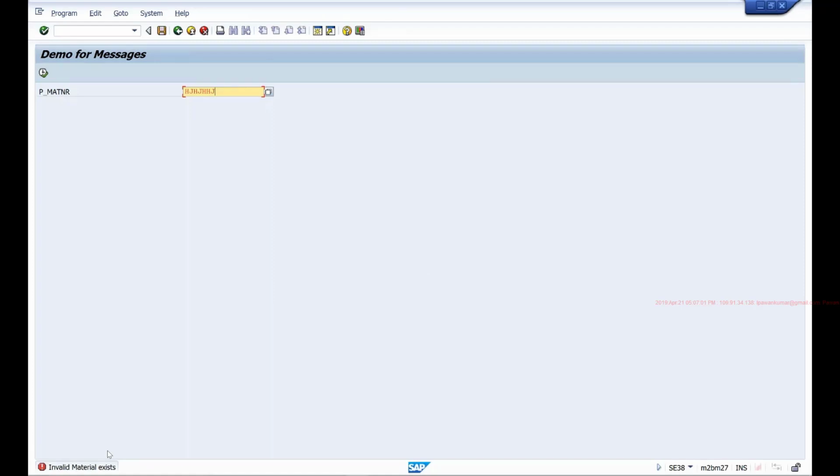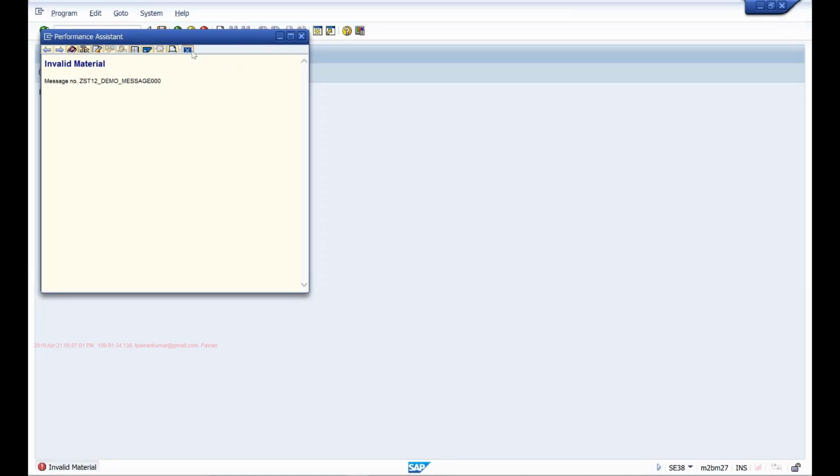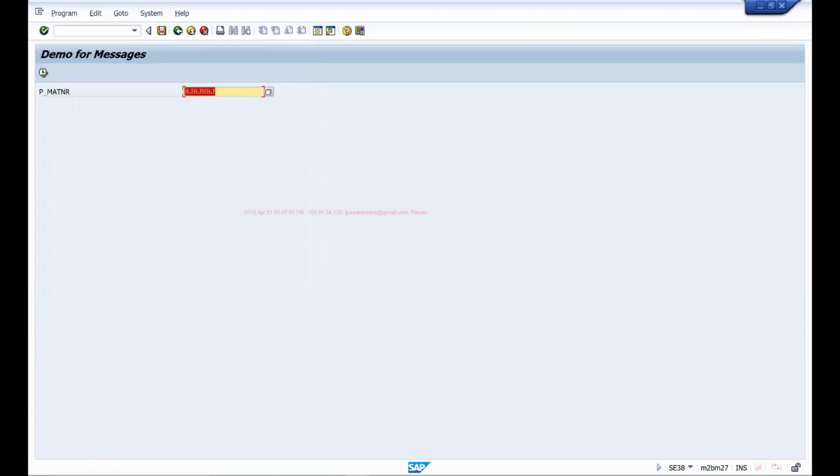Okay, so it's very easy. Just do some research, search online if you want how to show dynamic messages and how to provide more information when the user double clicks on the message. Okay, so figure out these two things about messages, and I'll be again adding another session where I'll provide an answer to this. So if you couldn't figure out, then you can check that video to know how to show a dynamic message and how to show more information to the user while displaying the message.